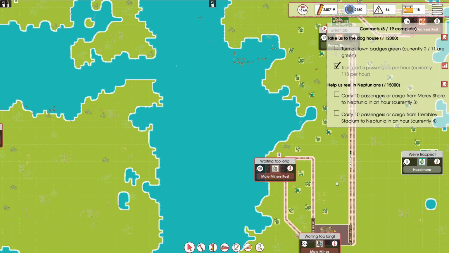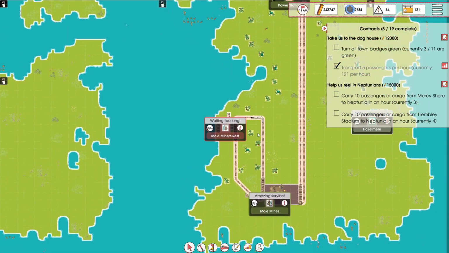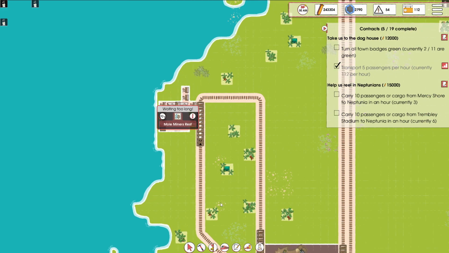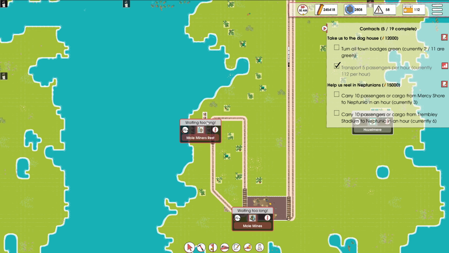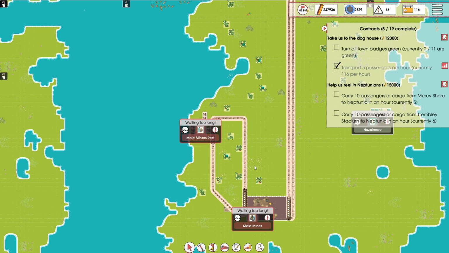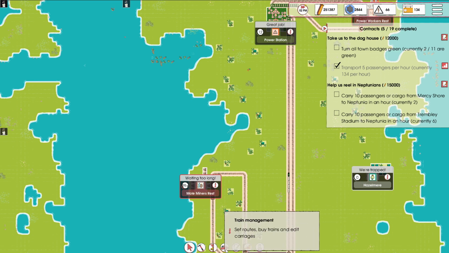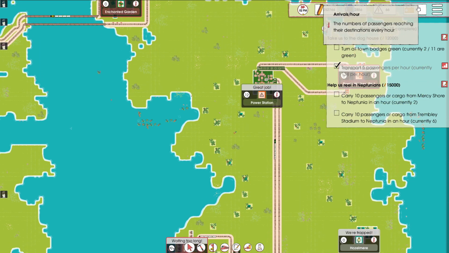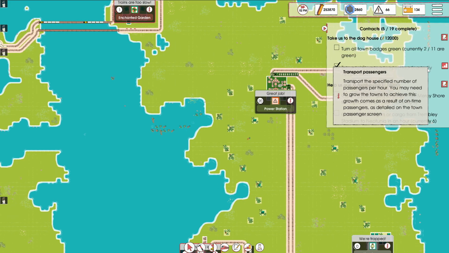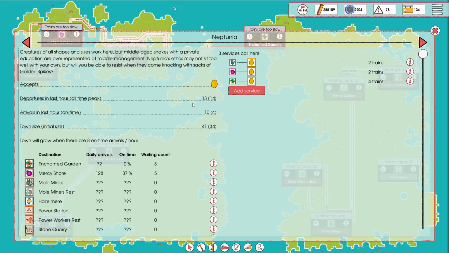Some of them want to go to Mole Miner's Rest? Oh my. You're telling me you all want to get to Power Workers Rest. So I could make a train to go in between those. But yeah, it just kind of hits here. They say they're way too... I don't know what's way too long. Can you give me...